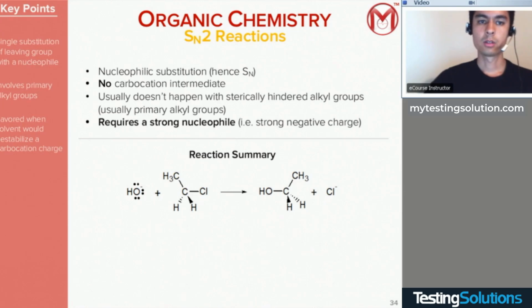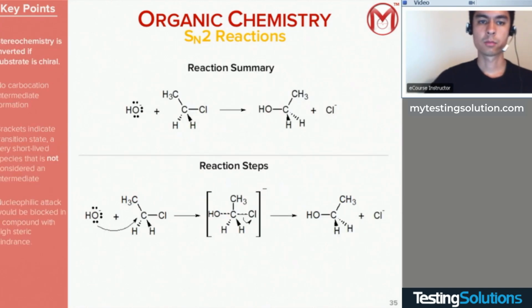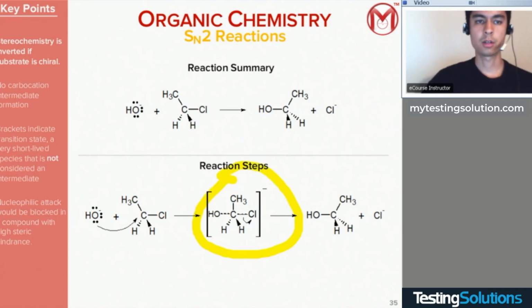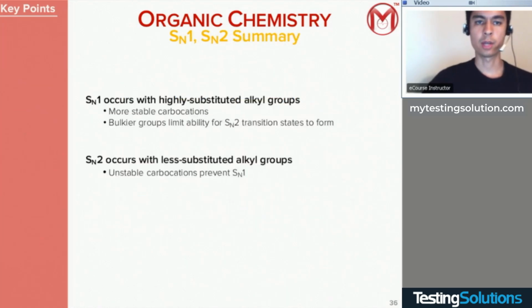So this mechanism, you can see the nucleophile comes in, attacks the electrophile. It happens as a single step this time. You can see our transition state here. And it just pops off the leaving group. So notice the nucleophile here attacks directly. Because of that, because it doesn't go through a carbocation intermediate, if we look at the summary here,